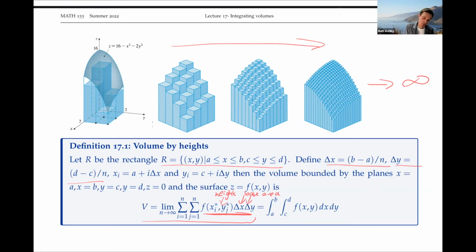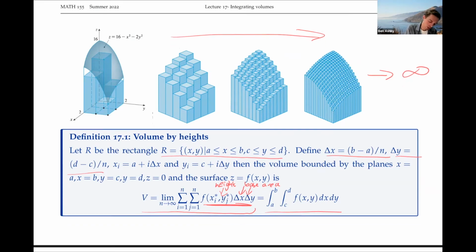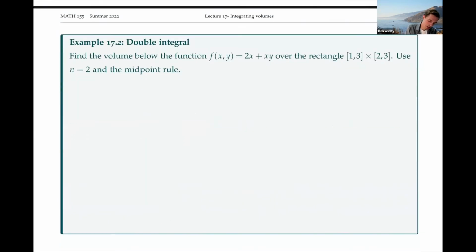And then if we take the limit of this as n tends towards infinity, these turn into integrals, and we have this iterated integral here. So it's very similar to what we did in one dimension, but now we've just got an extra sum, which turns into an extra integral. Okay, so let's approximate